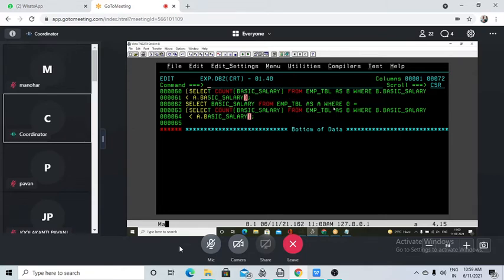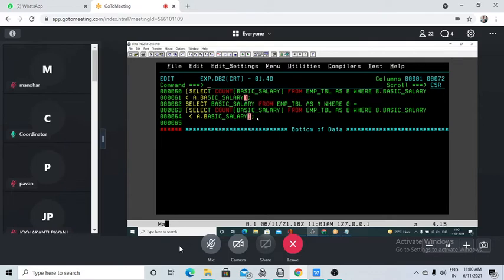So this B or A, anything you can write first, you need not write only B first. This greater or lesser, all those things you can do, and then the where 0 or 1 or 2. So if you give 0, it will give you the highest or the least salary, 1 or 2 the second least, second highest, and all those things we have discussed. So this is about your